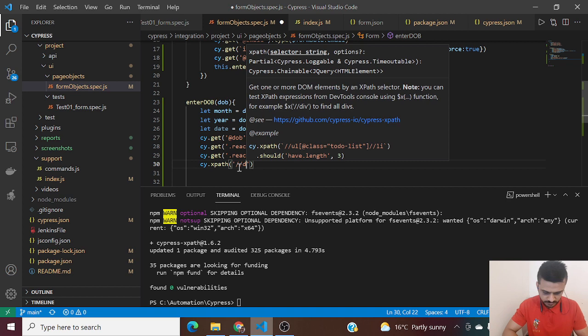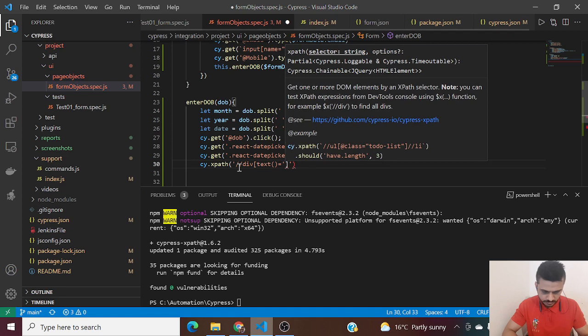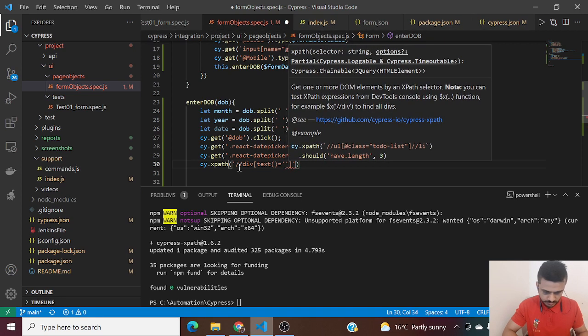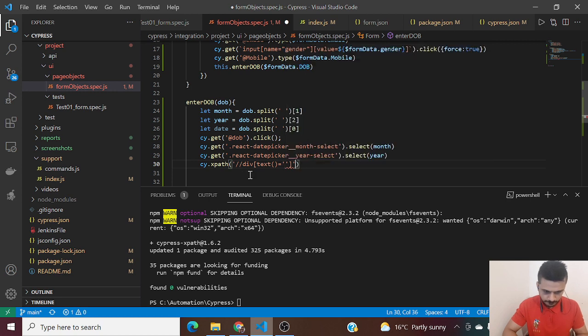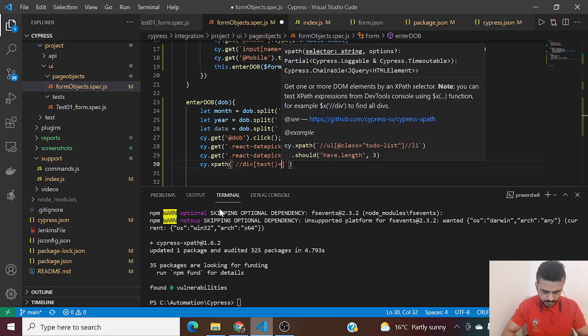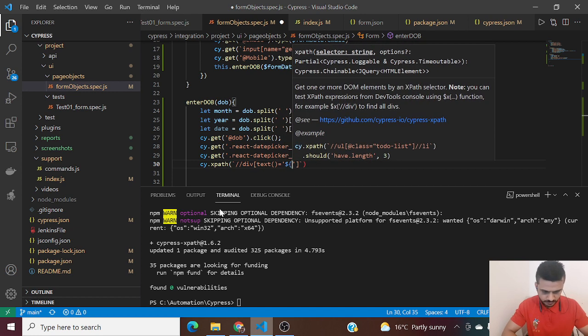So what was our XPath? Div text equal to. So over here we have to just use double quotes now, so that we can concatenate these two, or you can just use the backtick operator, guys. I have also covered this in the previous element as well. So this is where backtick really helps you. Div text equal to. So over here you just need to have these, and your element would be,